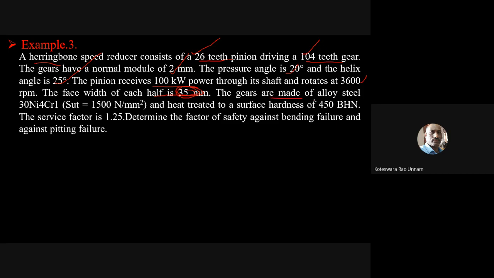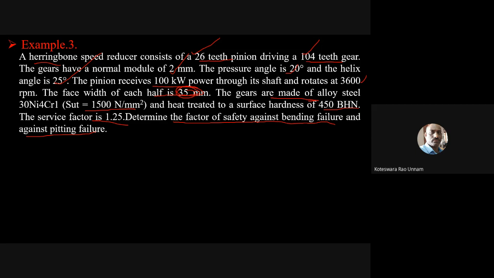The gear is made of alloy steel with SUT 1500 Newton per mm square. Then surface hardness is 450 BHN. Service factor is 1.25. Determine the factor of safety against the bending failure and pitting failure. So you need to calculate what is the factor of safety against bending failure and against pitting